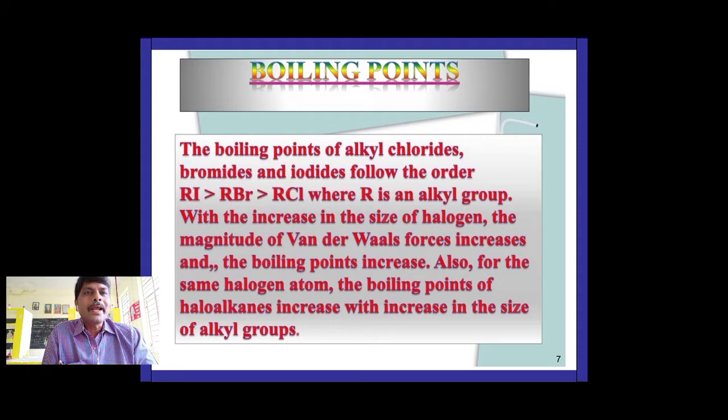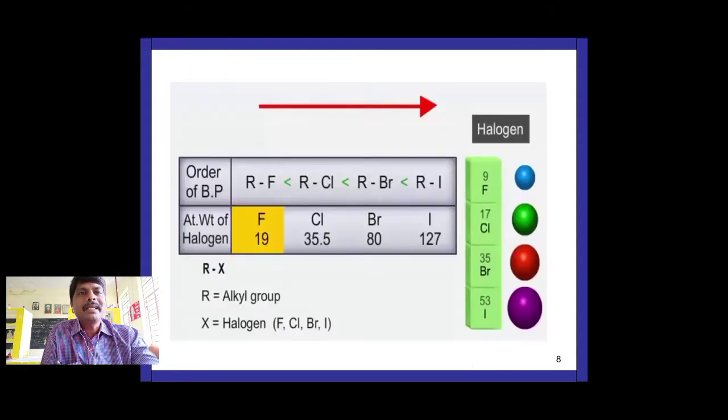So you see iodides, bromides, chlorides: RI, RBr, RCl, where R is an alkyl group. Among alkyl iodide, alkyl bromide and alkyl chloride, iodides are larger in size. So van der Waals forces are more. So boiling point is more. RF is small, chlorine is small, bromine is bigger, top to bottom size increases. So the smallest is chlorine among these. So van der Waals forces are less in alkyl chlorides. So the alkyl chloride boiling point is less. RF is less than RCl is less than RBr is less than RI.